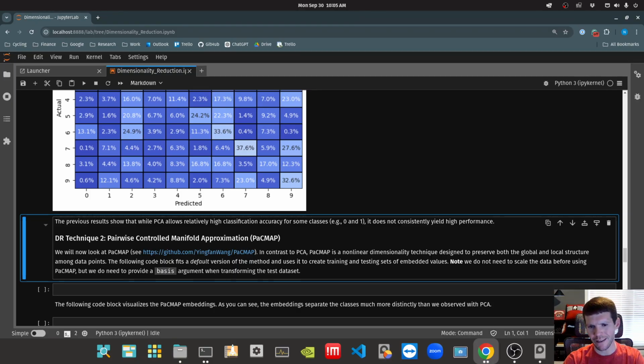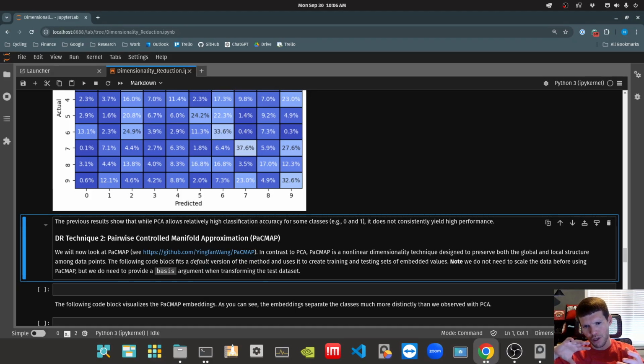I could be wrong, but I do believe that is true. Very nice. And one thing that it does, so PCA is kind of looking globally at all of your data and it's saying, well, I'm trying to find these dimensions in the overall data of maximum variance. And it's kind of trying to figure out globally how are things moving. And again, there's a lot of good mathematical intuition that's built into it, but it has to make some assumptions, right? That linearity. So PaCMAP does not require the assumption of linearity, and